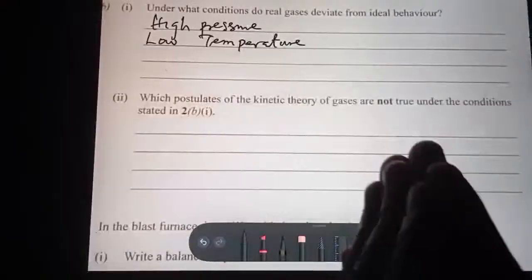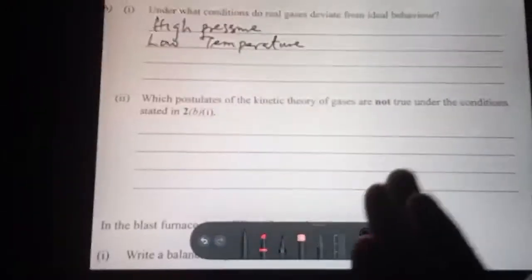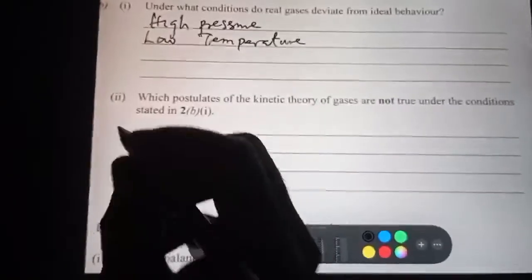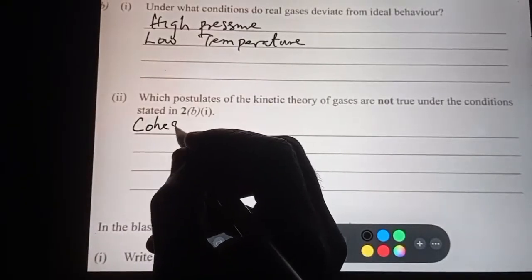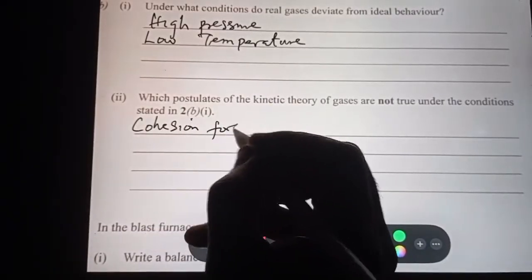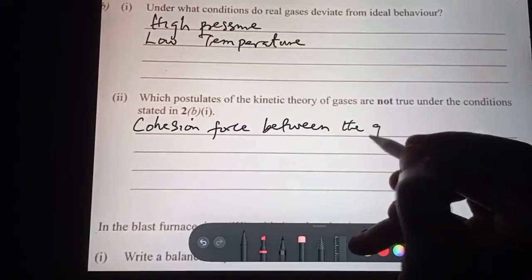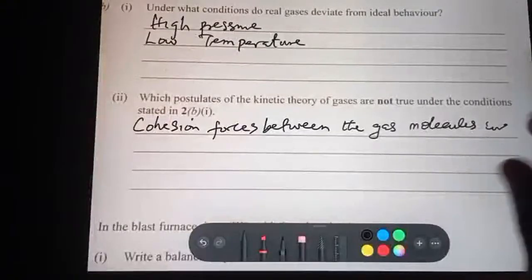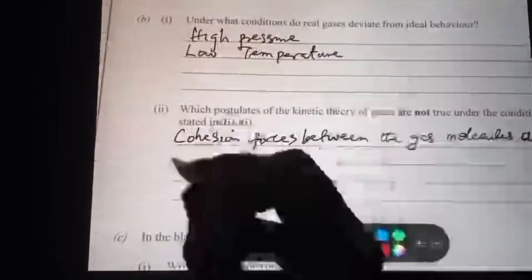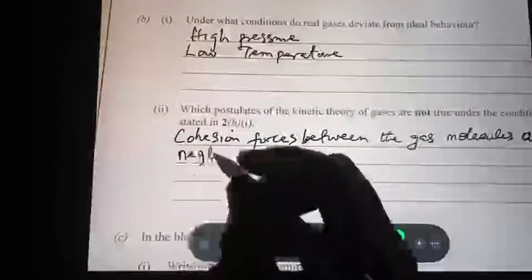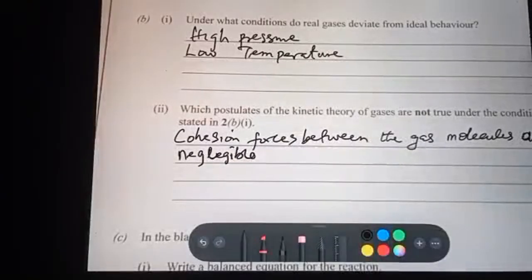They have been forced to come together and they now liquefy. So the statement you write here, the one that says that the cohesion force between the gas molecules is negligible, is no more true under this condition. It's no more negligible because